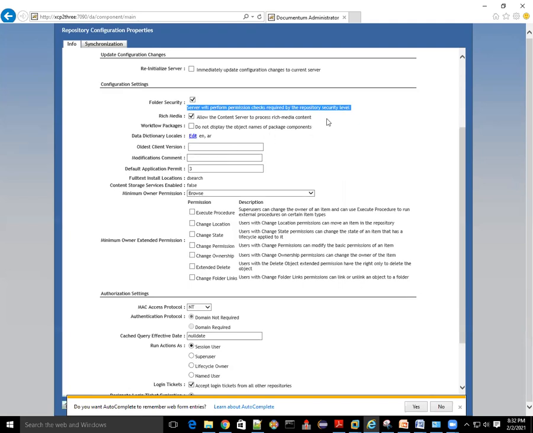And rich media means what? I'm coming to that point. Next is the rich media. It allows the content server to process the rich media content as well. So far we are only able to upload metadata, just plain text. But if we click on this, the system can take the rich media content as well, like image files or any kind of